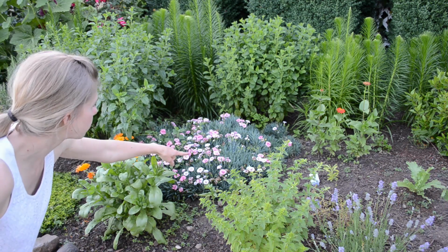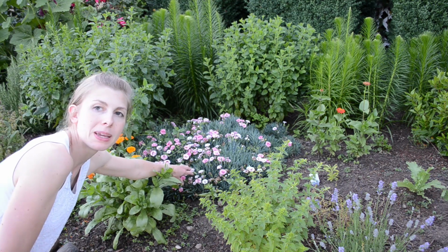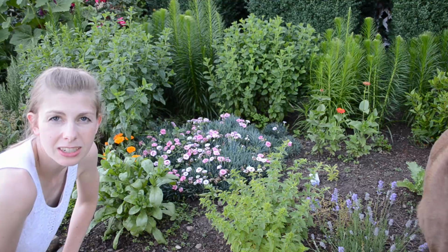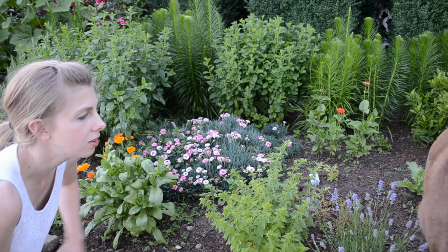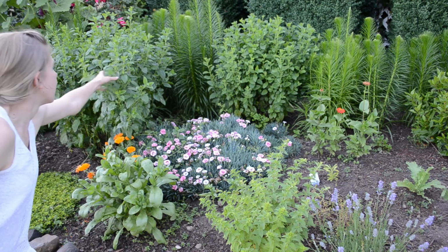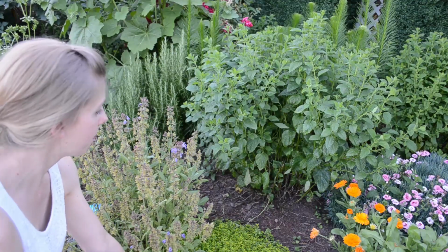I'm not sure which one this is. If you know what this pink plant here is, let me know. I think it might be some kind of a carnation, but it doesn't grow tall. Behind this, I have a ton of lemon balm. Here I've got the thyme,